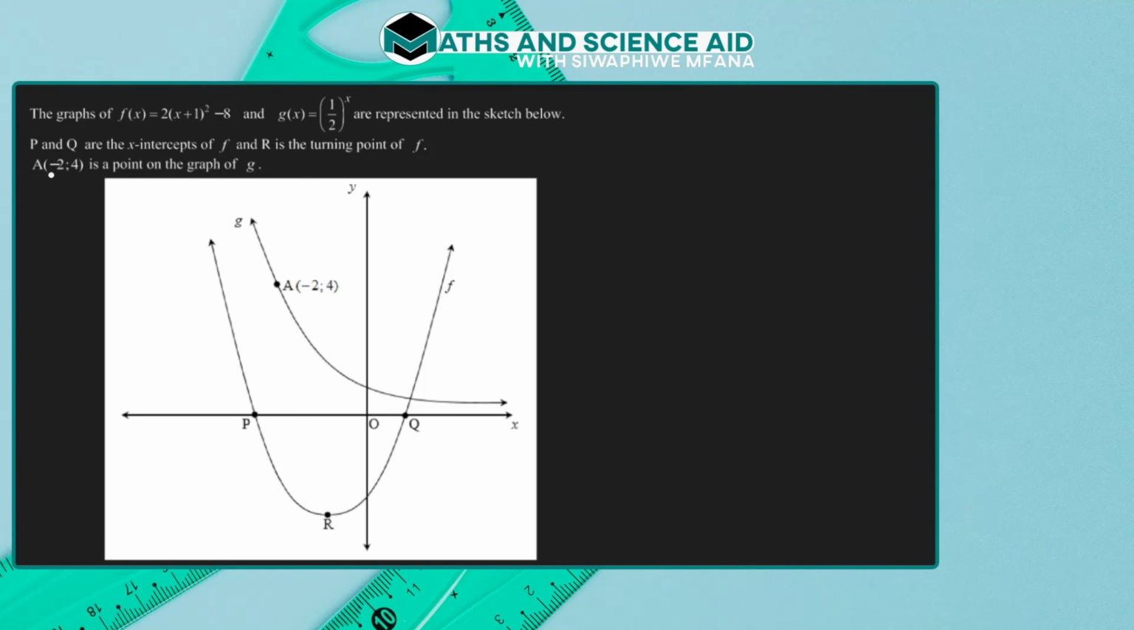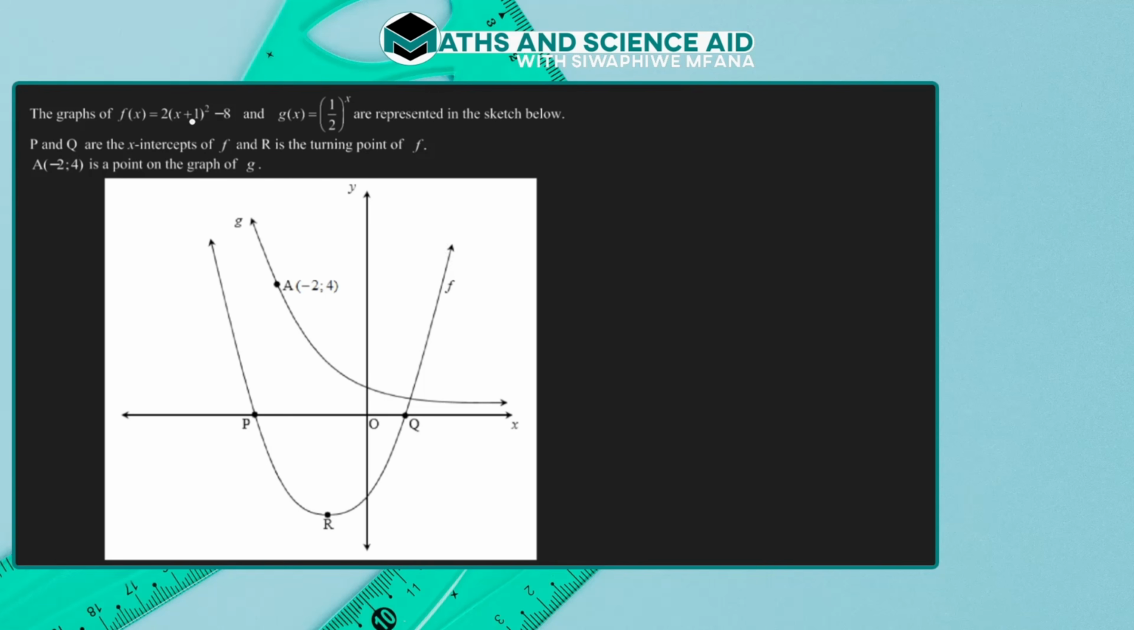And we are also told that P and Q are the x-intercepts of f, as we can see in the diagram, and R is the turning point of f, as also indicated in the diagram. A with coordinates -2 and 4 is a point on the graph of g, as we can also see on the sketch. And of course, the graph of f is a quadratic function, as we can see from the sketch,